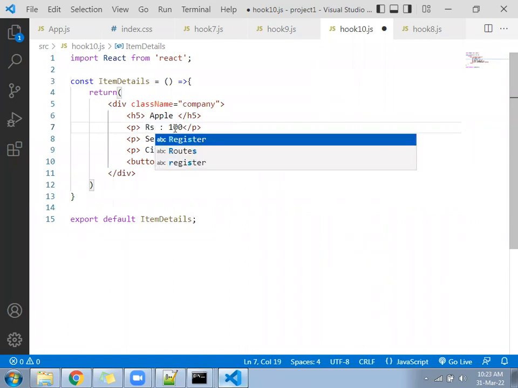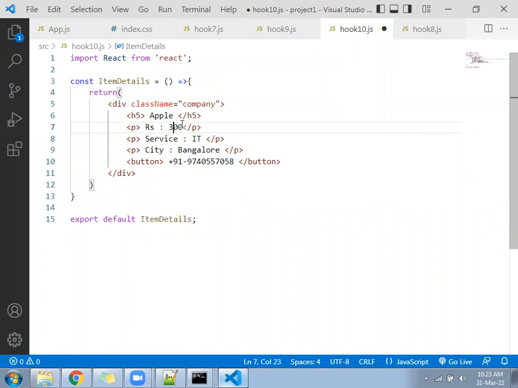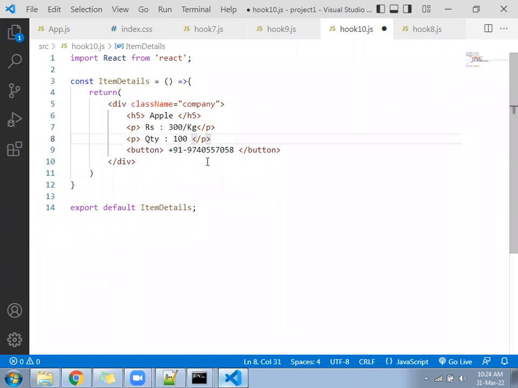Rupees 200 or 300 per kg. And then QTY, 100. Button, buy now.